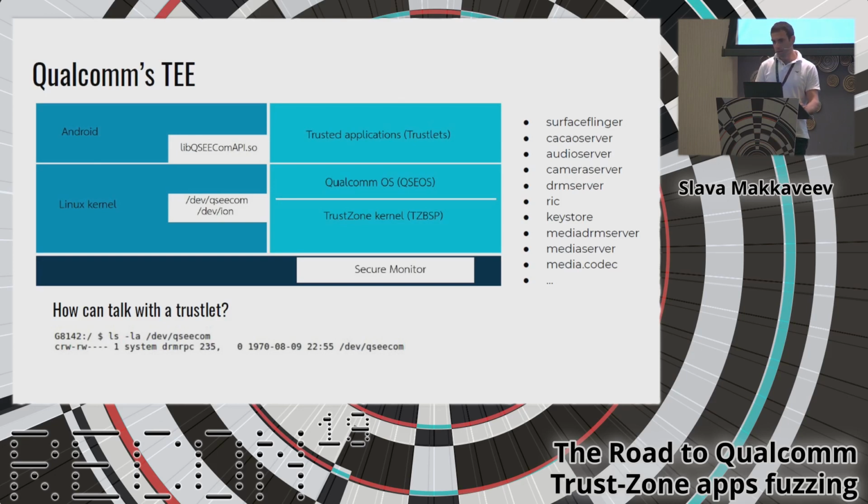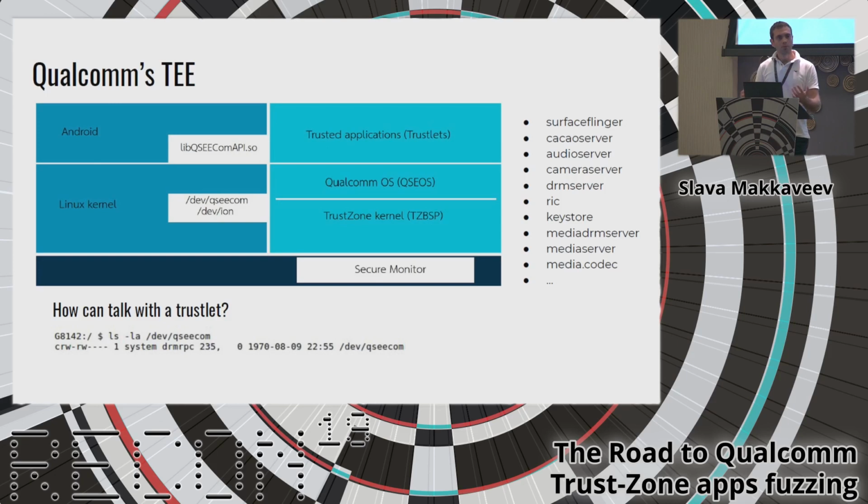The Qualcomm OS, or QSEE OS, as well as the TrustZone kernel implemented by Qualcomm, run in the secure world, and actually we can look at both of them as one operating system, represented by a single executable file. The top component of the secure world is trusted applications, trustlets. They are the target of our research, and trustlets contain the business logic of mobile device security.